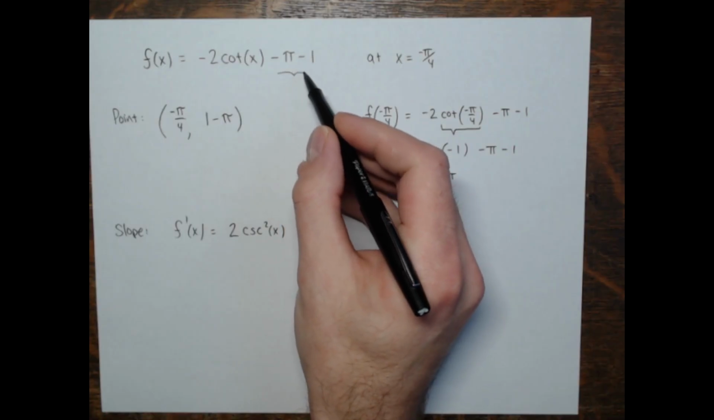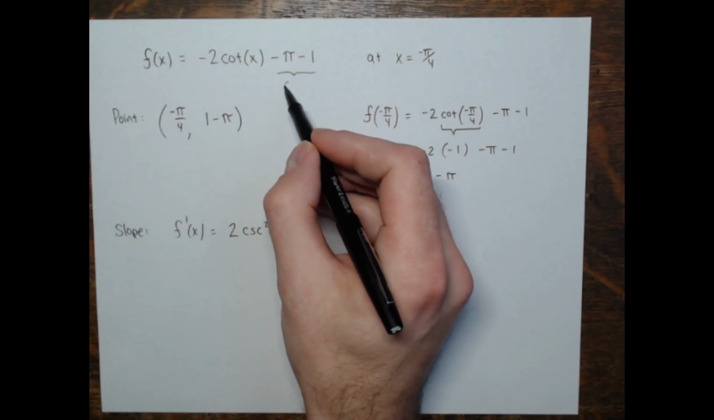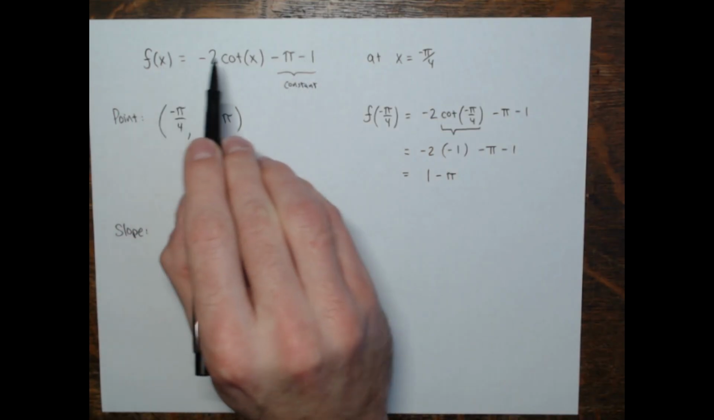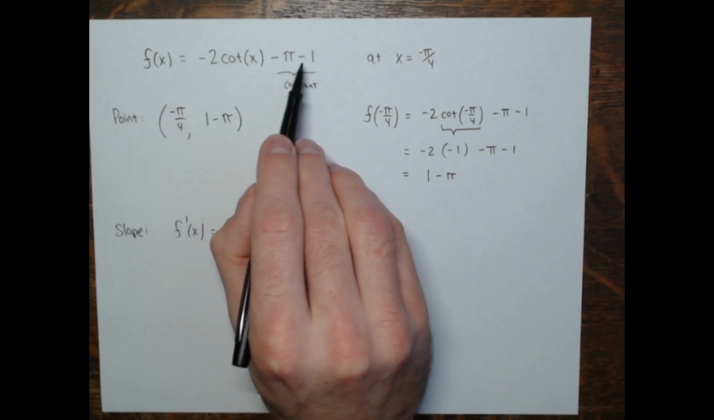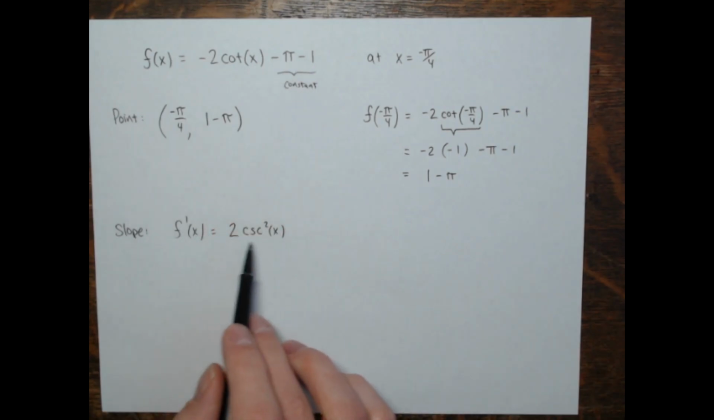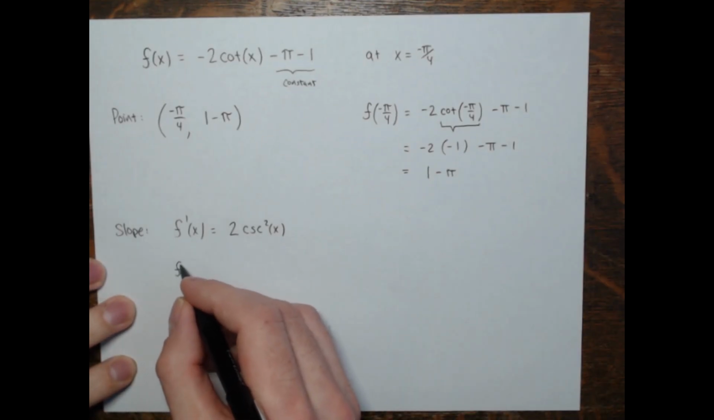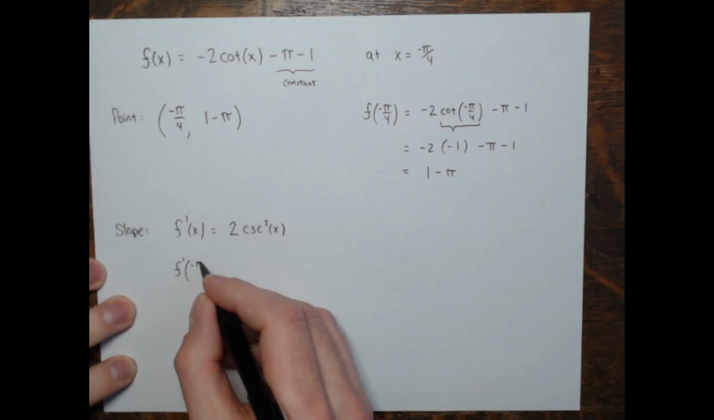And then this here, I know there's a letter, it's pi, but this is constant. There's no variable, there's no x in the rest of it, so the derivative of the rest of it is 0. So this is it for the derivative at any x. And then at -pi/4,